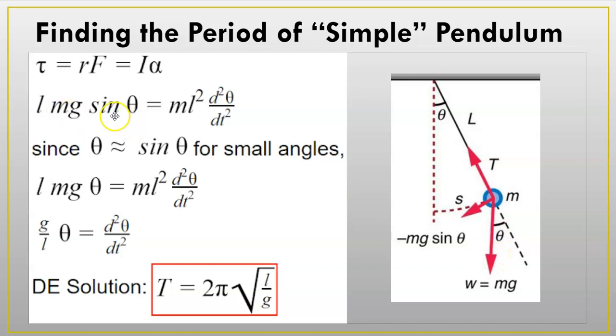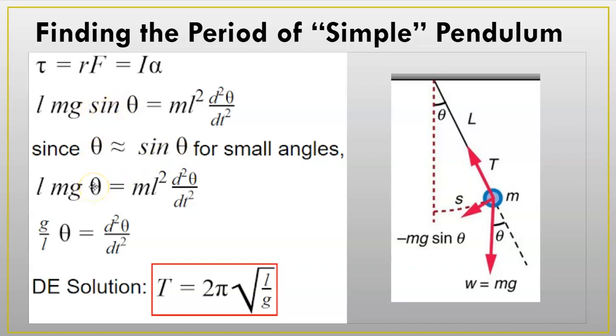So I got that sine theta goes in there to give me this component. We make a little assumption here. We say, well, theta equals sine theta, or is very close to, it's almost equal to, for small angles. We're not talking about pulling this thing way up here, you know, 80 degrees off and letting it go. These are small angles that we're talking about here. So if theta equals sine theta, then I can make that little substitution, just take that sine theta, replace it